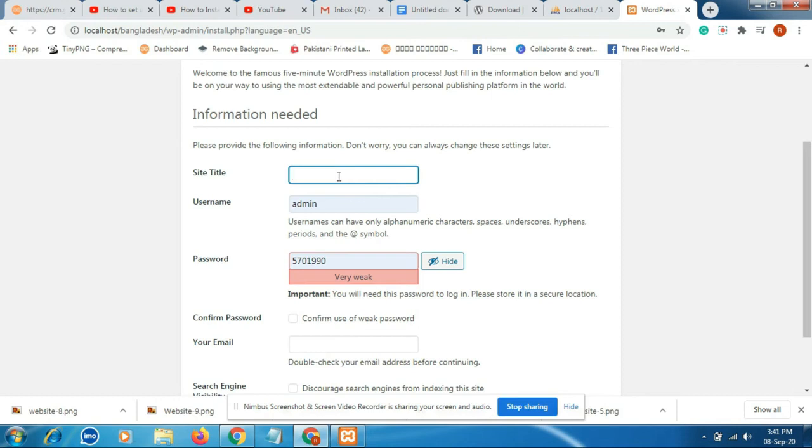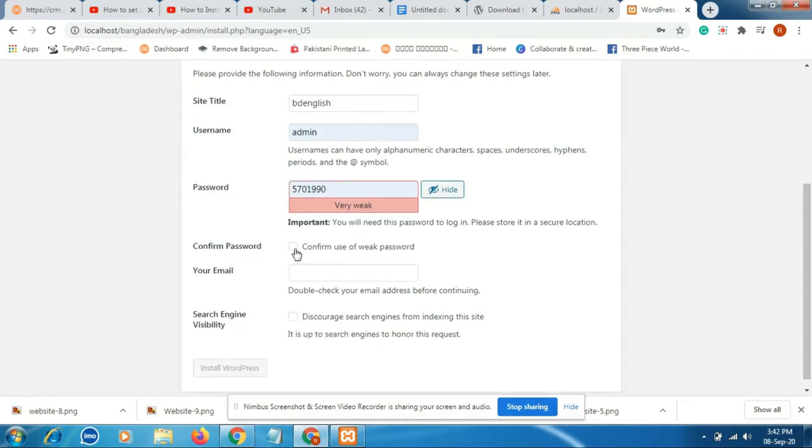Welcome to WordPress. You can put the website title. You need this information when you log into your backend. Put a strong password, then click the checkbox, then put your email address, then click here.